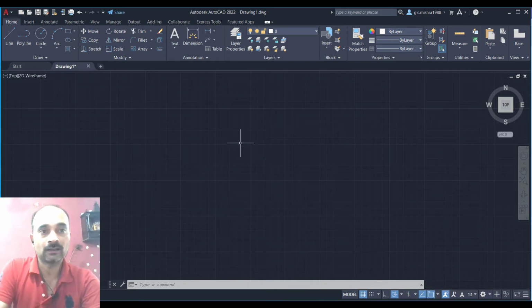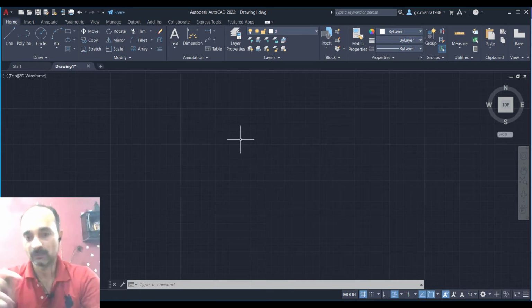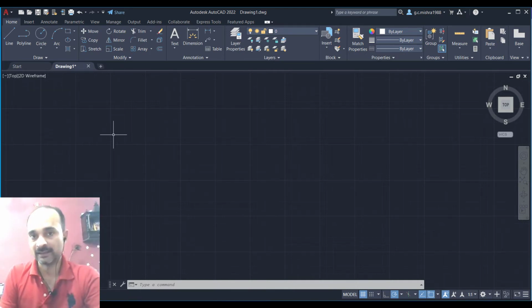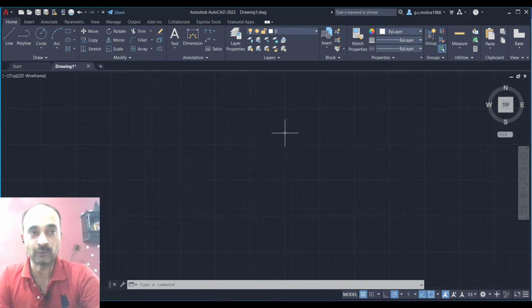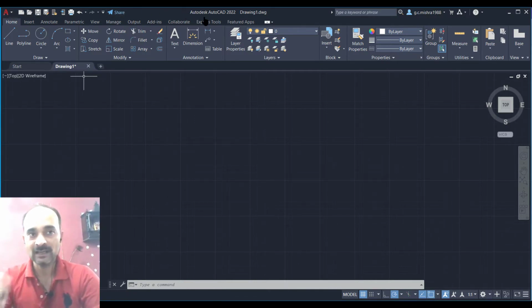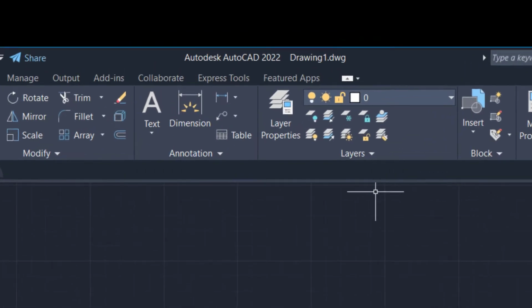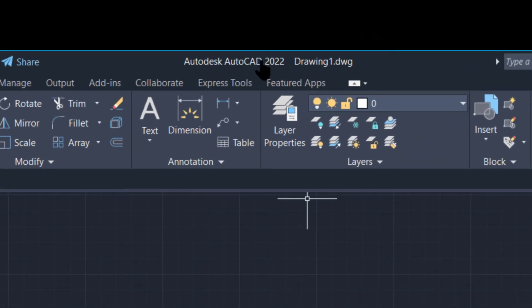Interface means when you start your application, this whole screen is called the interface, in which you interact with the software. So starting with AutoCAD, you have to know what types of interfaces and menus there are. There is one top bar, black in color, in which you see AutoCAD 2022 or whichever version you have. It shows you the version of AutoCAD.